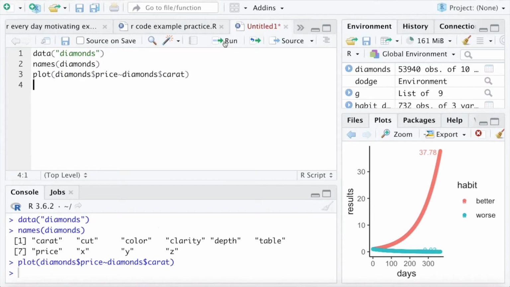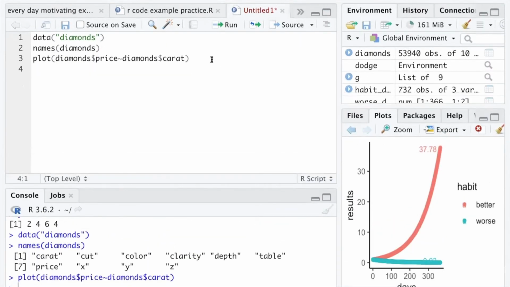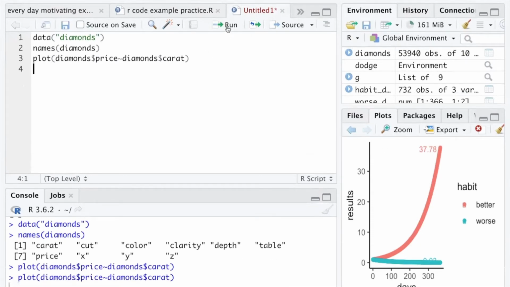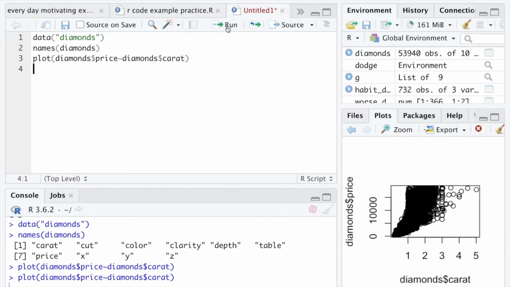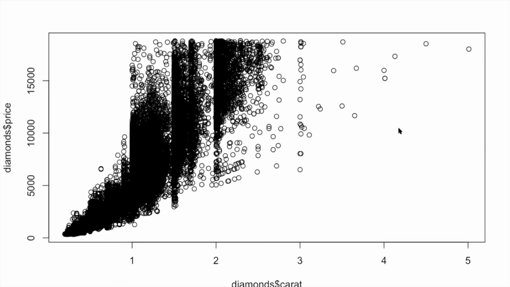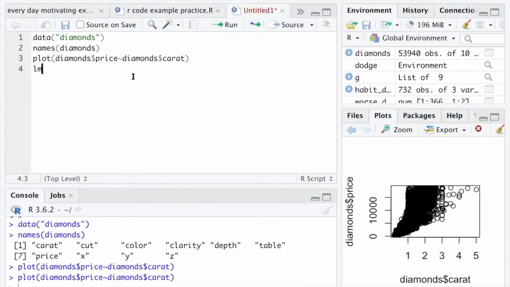Because the data set is kind of large, it takes a few seconds to run that line of code, but just wait patiently. Okay, so now we see the scatter plot. It is actually on the right corner. You can zoom in to see the details. Yeah, that's it. So maybe it's cone-shaped, but you can try to build a linear regression model